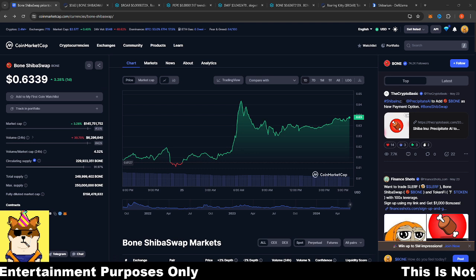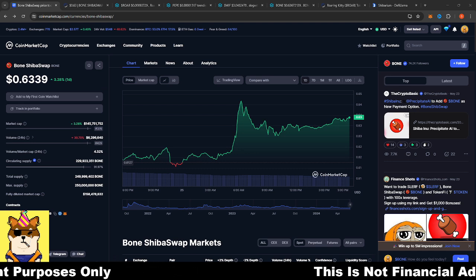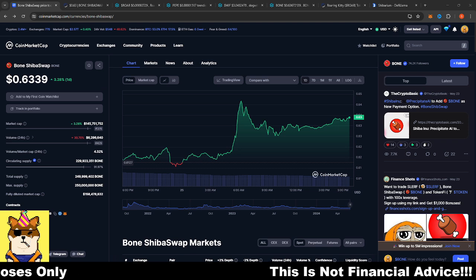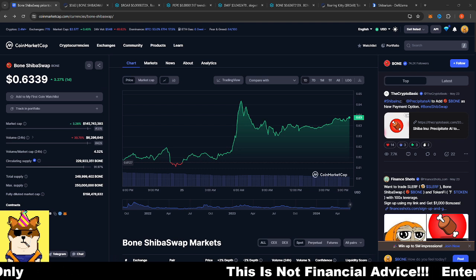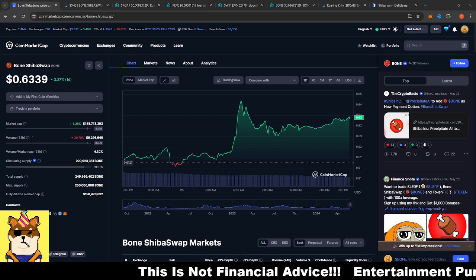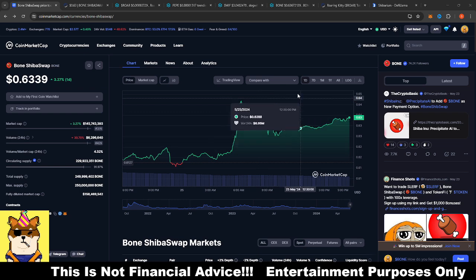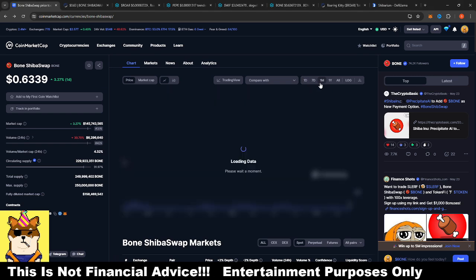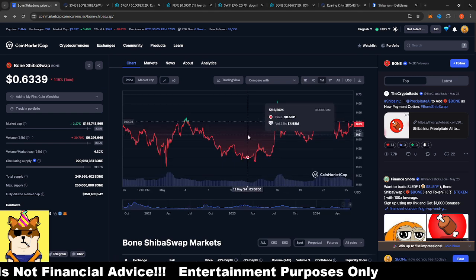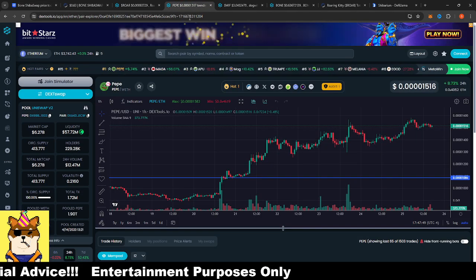Now, with a utility token, it definitely needs time before that event, or the thing that needs to happen, in order for the price to start going up. Because that's what's going to force the demand for it. And with rising demand, the price of the token is going to start to go up. Simple as that. So if you flip it with a meme token, such as Pepe,